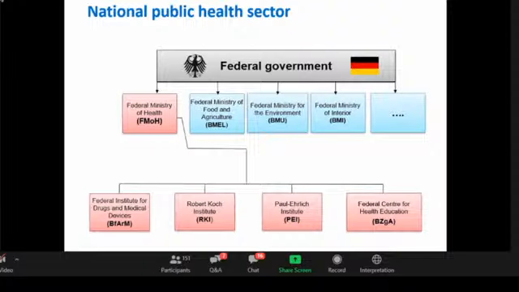Due to the structure with the portfolios, if the Federal Ministry of Interior, for example, has a question or a task for us, they can't contact us directly, but they have to go through the Federal Ministry of Health. So for us, the main contact point on the level with the ministries is always the Ministry of Health. This is in peacetime, but also now during Corona. That hasn't changed, and this is a concept of operations which has always been there and will be there. Next slide.